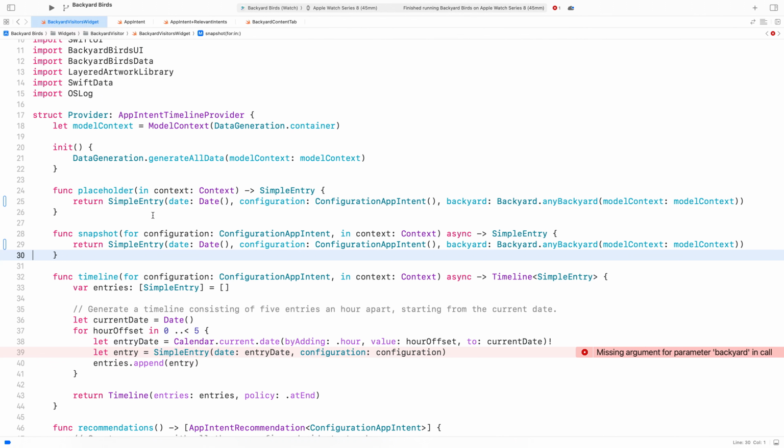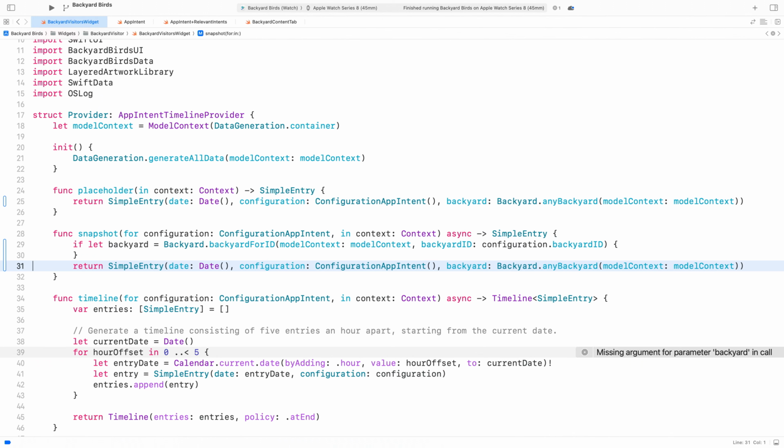The snapshot function is passed a configuration intent, which has the backyard ID property that we added earlier. All our data is local, so we can quickly look up and return the proper backyard rather than using a random backyard. Let's get the configured backyard from the backyard ID in the configuration.